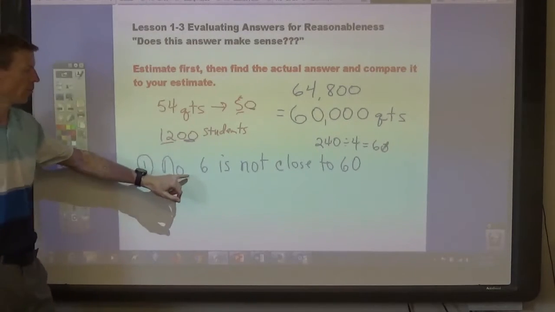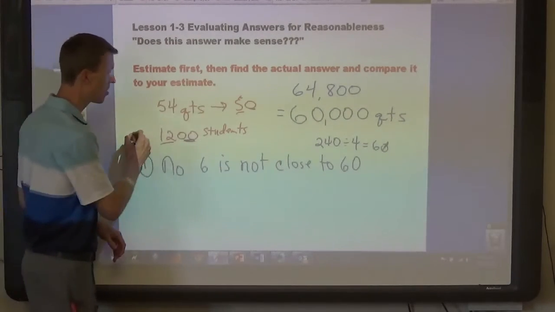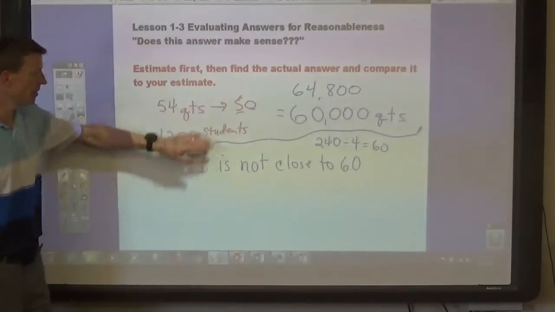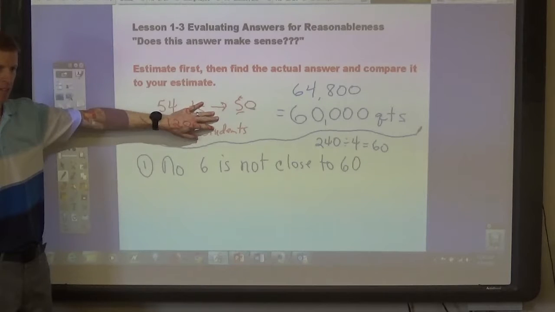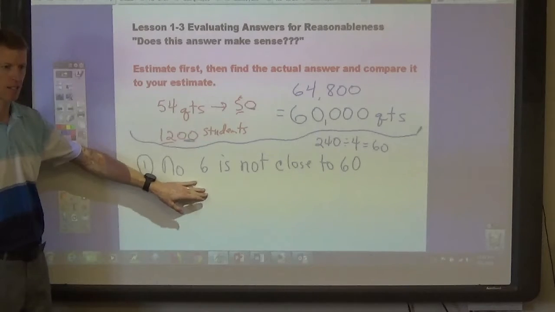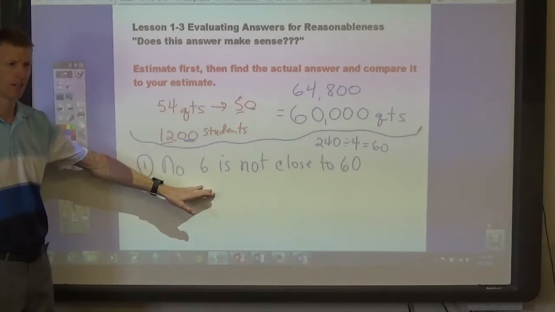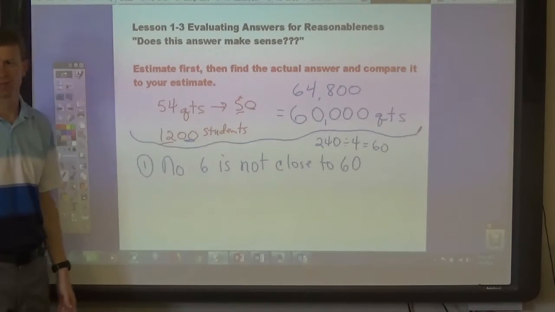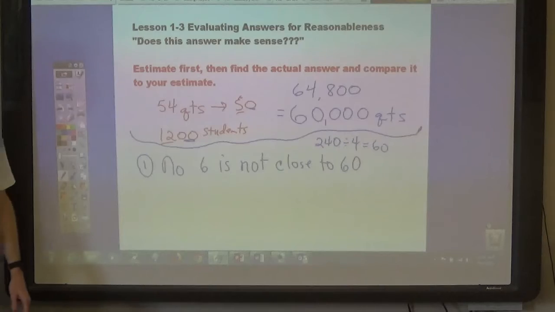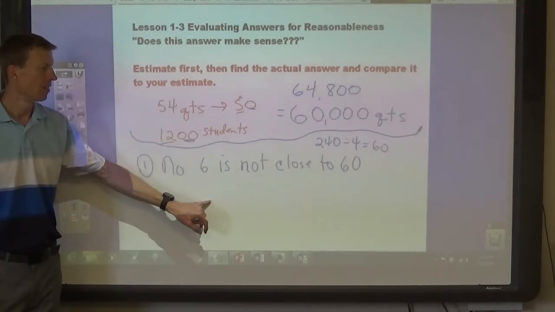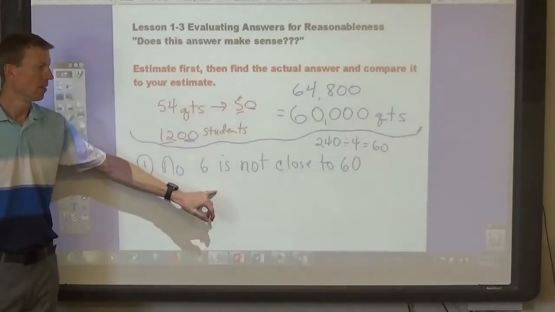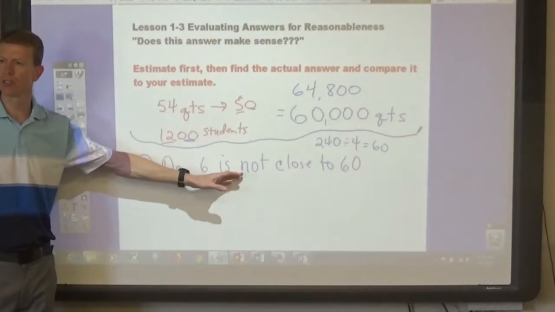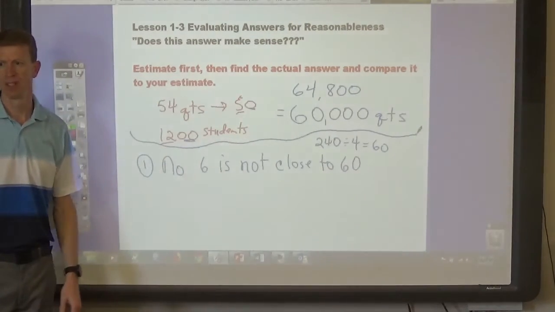You just had to write that, because this was the first example. We talked about this example already. And then I gave this as the answer to number 1. Okay? So write this. Will? So did you have to write like 240 divided by 4 equals 60 part? You have to write whatever it is you use to figure out the answer.